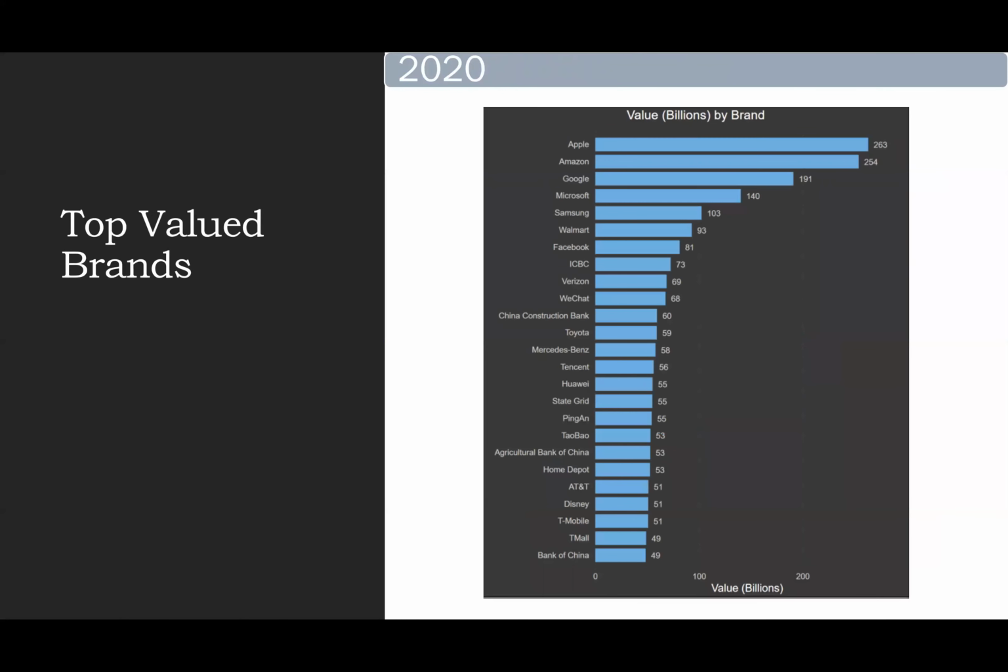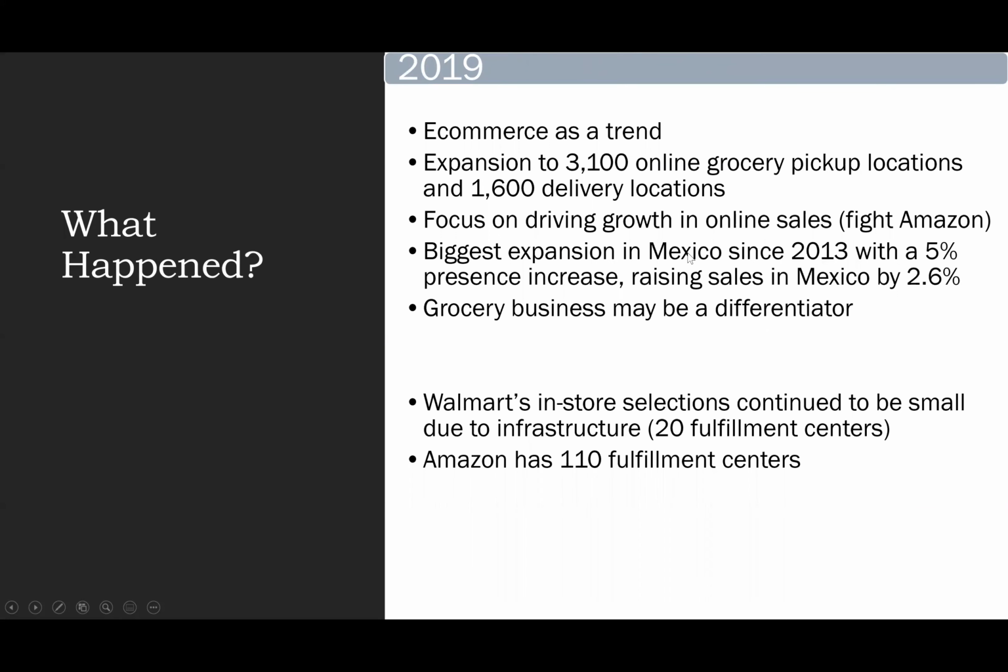It is important to compare this with other companies such as Apple and Amazon, that have 263 and $254 billion valued in branding. And if we scroll down, we can see Walmart with 93 billion, which is over Facebook that has 81 billion. So what happened in the last 3 years is also important to discuss,